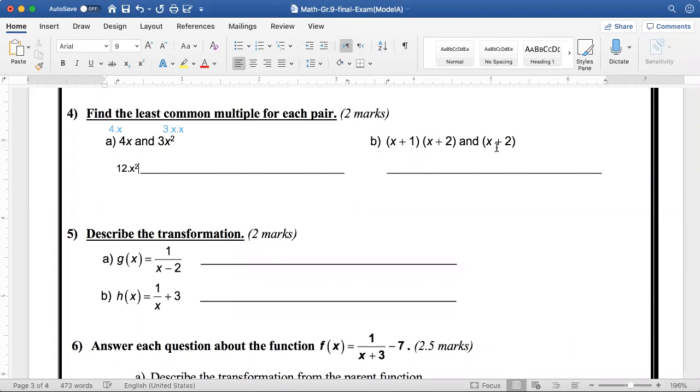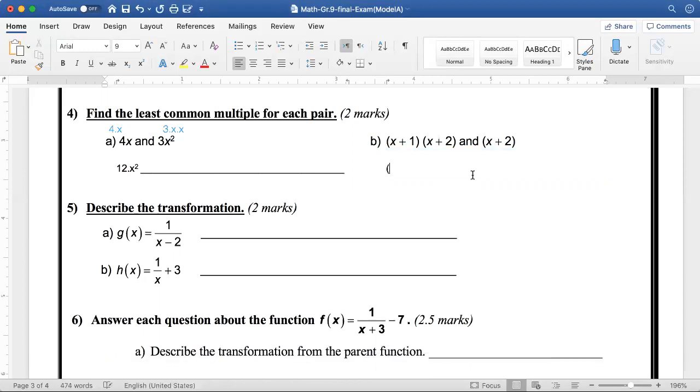Okay, here, if I have a common term, I'm going to take one of them. So I'm going to take x plus 2, and x plus